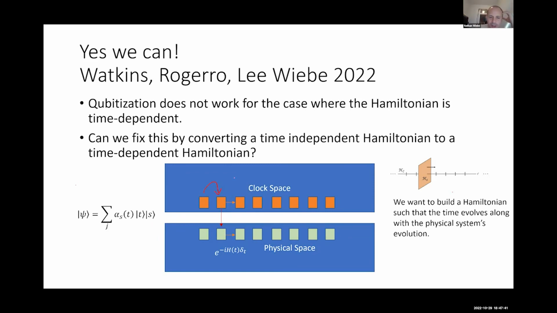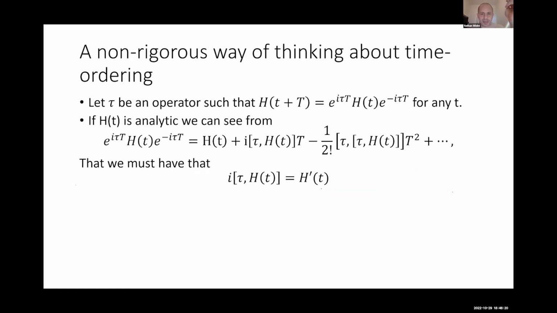We need to make sure that the clock consistently evolves in time in a way that's independent, or at least approximately independent, of the evolution that we end up seeing in space. Because if the two end up getting entangled, then badness will start happening, and the speed that time progresses would be different for different branches of the quantum simulation, which would be really awful. So that's ideally what we want to do. We want to come up with a time-independent Hamiltonian that is capable of mimicking the time-dependent dynamics in this way. And one way to think about this, which is non-rigorous, was put forward in the literature years ago by Masuo Suzuki of the Trotter-Suzuki formulas.